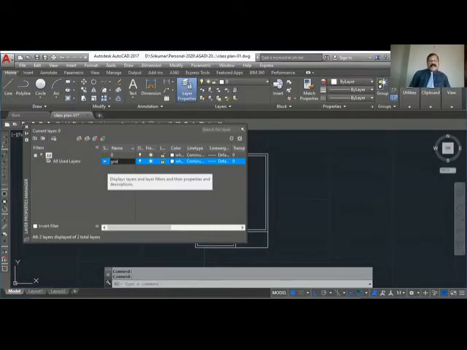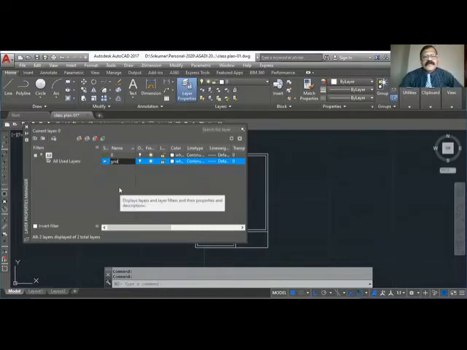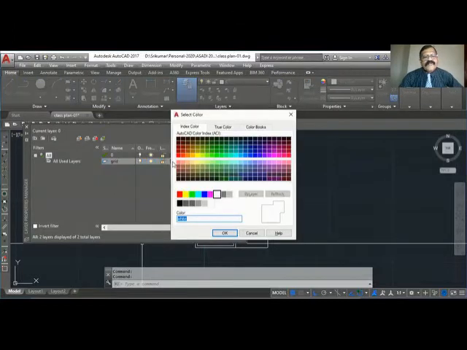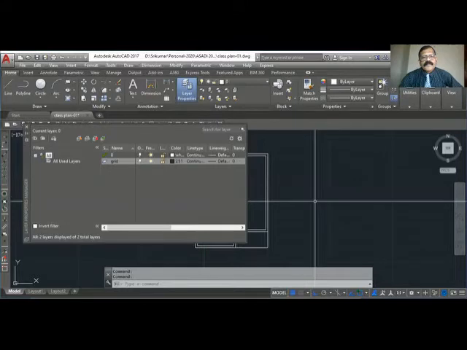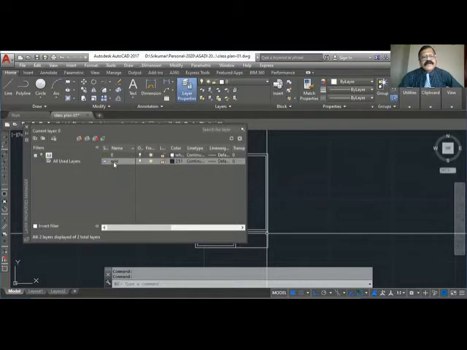Sometimes people call it center line also. I'll say grid line. I want a light color. When you click that color, you get different colors, you see. So I can use whichever color I want. I will use a gray color. You can use whichever color you want. So now you have 2 layers. One is 0 layer with the white color, and the second one is grid with the gray color.